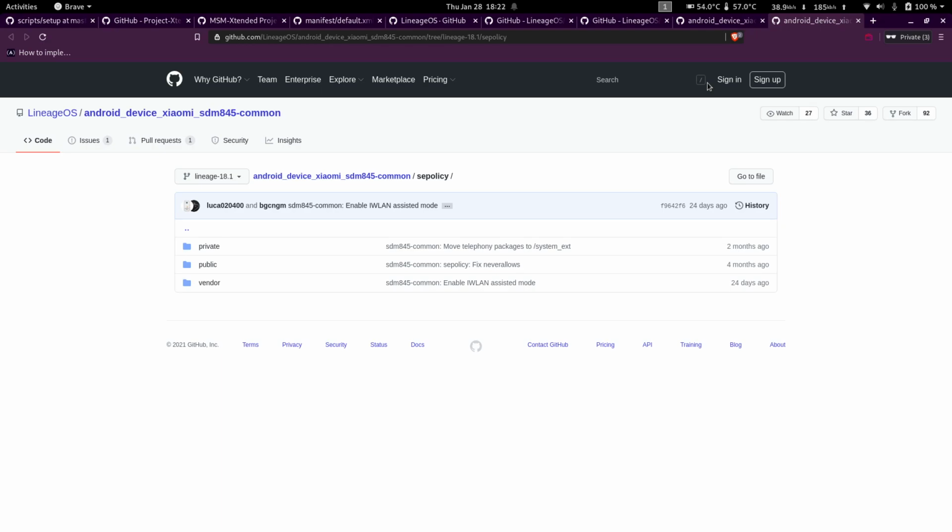So not every software or app can access everything. We are talking about the system apps. We are not talking about the permissions that you manually grant when you download and install an app.